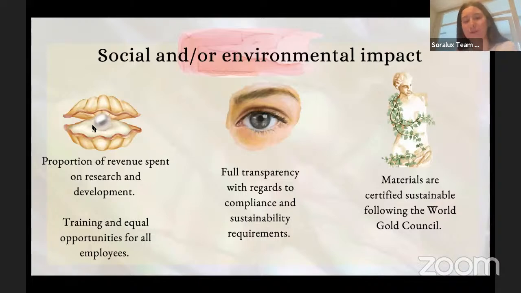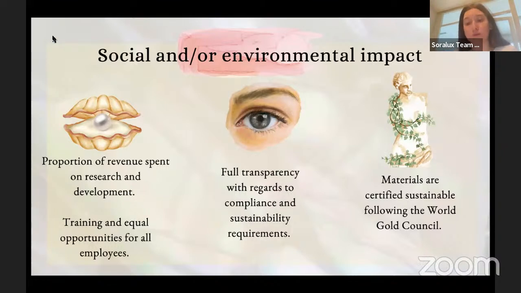So good morning, everyone. Me and Alice will now present you the second part of our presentation. So Sora Lux, when it comes to the social and environmental impact, we will spend a proportion of our revenue in research and development. We'll also train and give equal opportunities to all of our employees.